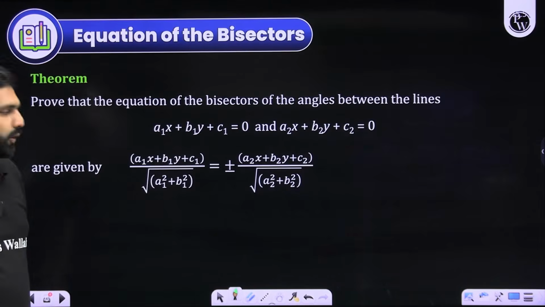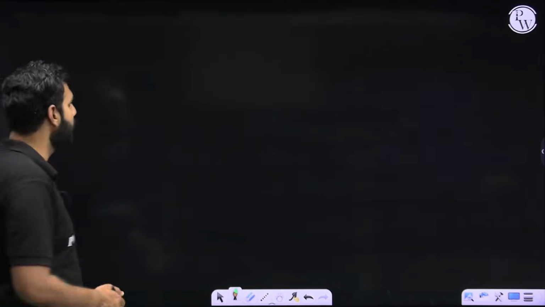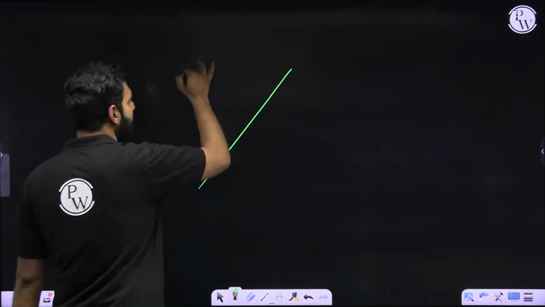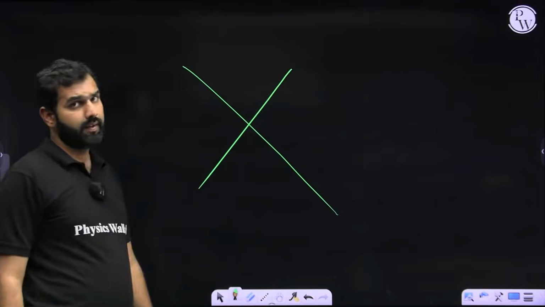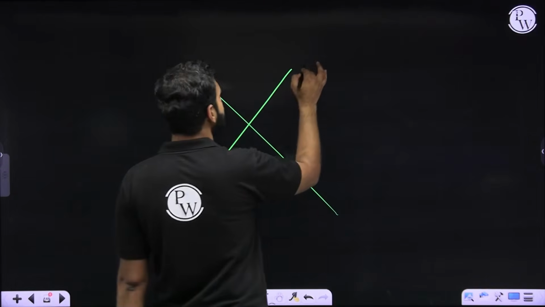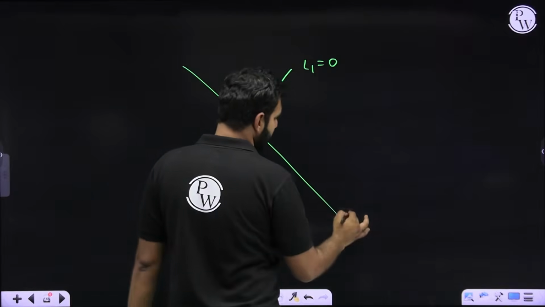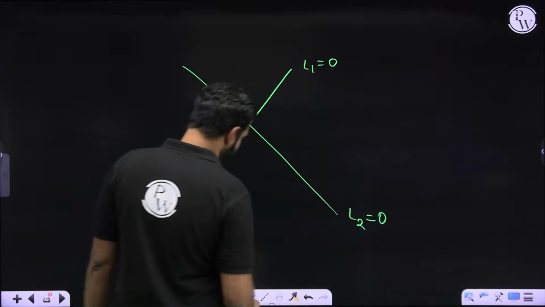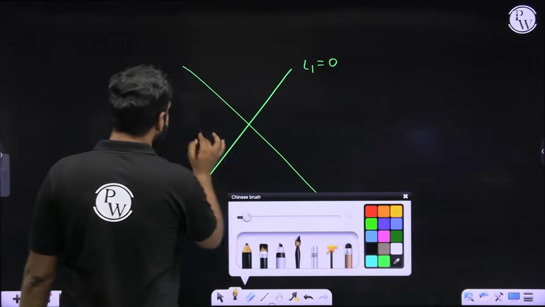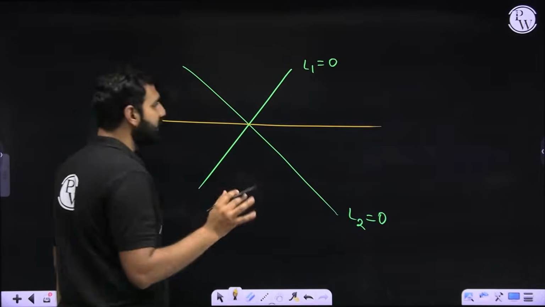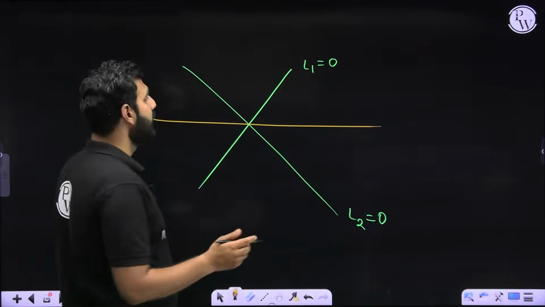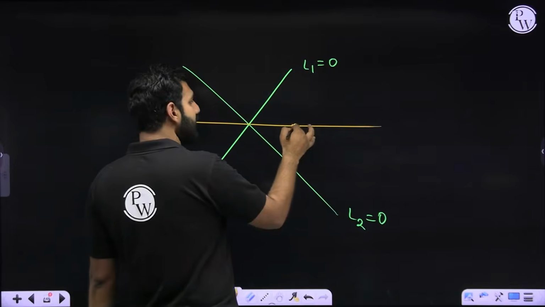Now let's talk about angle bisectors. From that previous concept only, we'll talk about that. So let's say these are the two straight lines. First one is L1 equal to 0. Second one is L2 equal to 0. Now let's say I am asked to write the equation of the angle bisector. Now what is the locus of the angle bisector? I'll say on the angle bisector, if I choose any point,